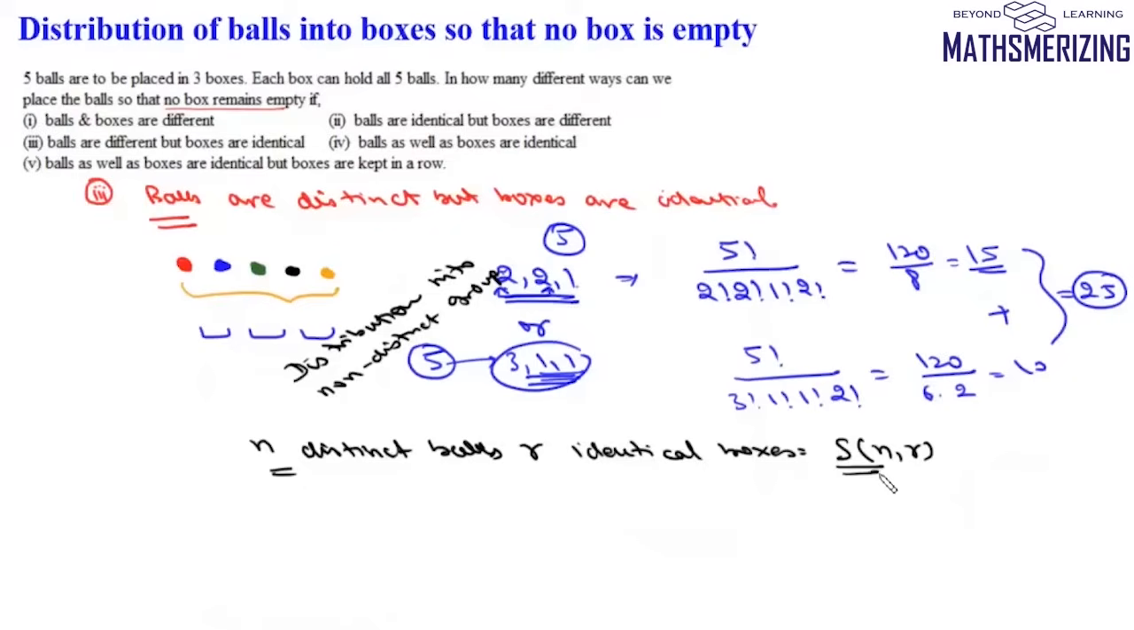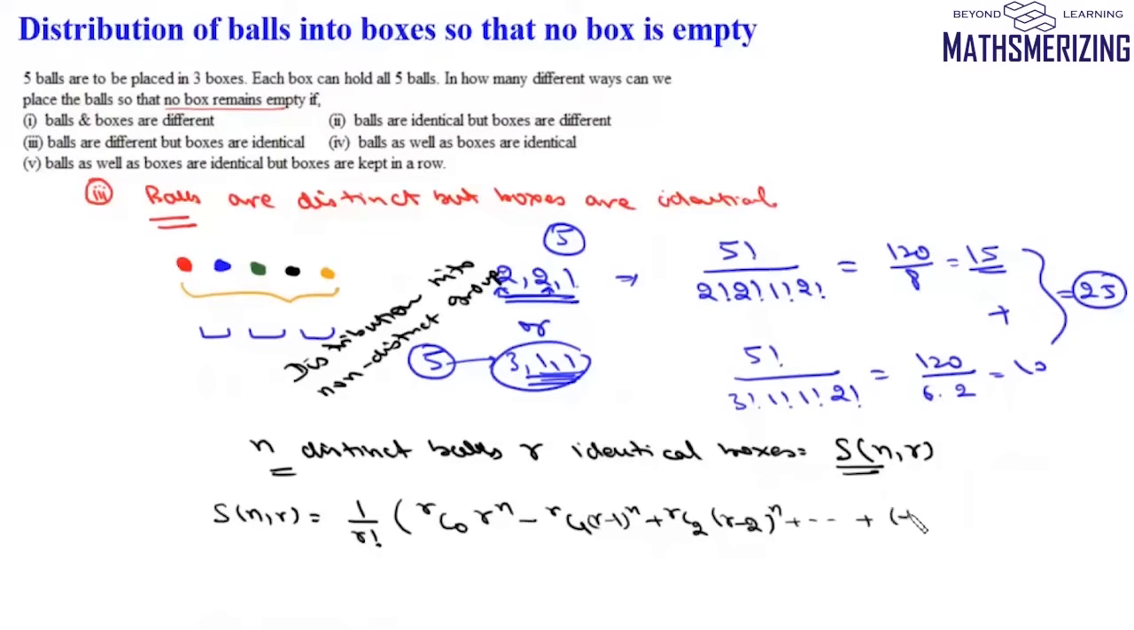So there is a direct formula for this, S(n, r), and S(n, r) is nothing but the Stirling number of the second kind. Now how do we find S(n, r)? S(n, r) is given by 1 upon factorial r, times [rC0 r to the power n minus rC1 (r minus 1) to the power n plus rC2 (r minus 2) to the power n, and it will continue till the end, where it will be minus 1 to the power r minus 1